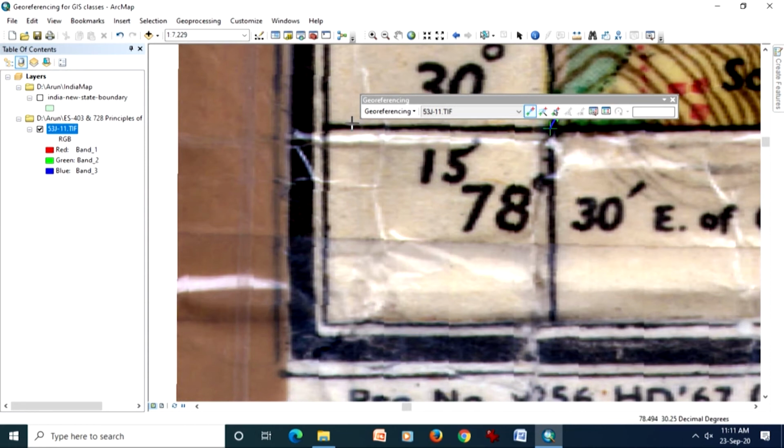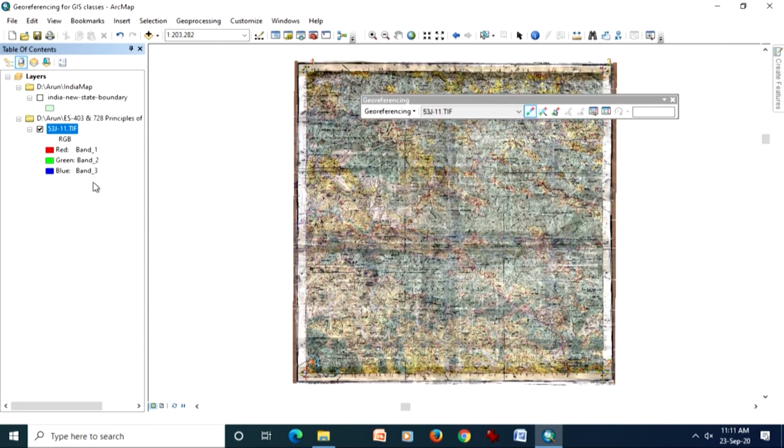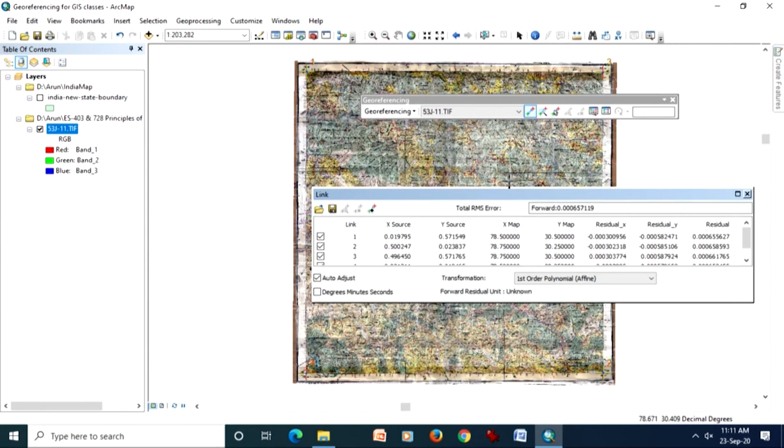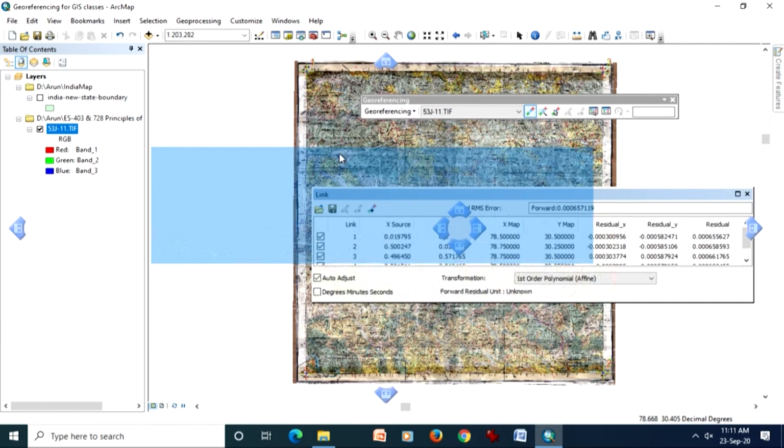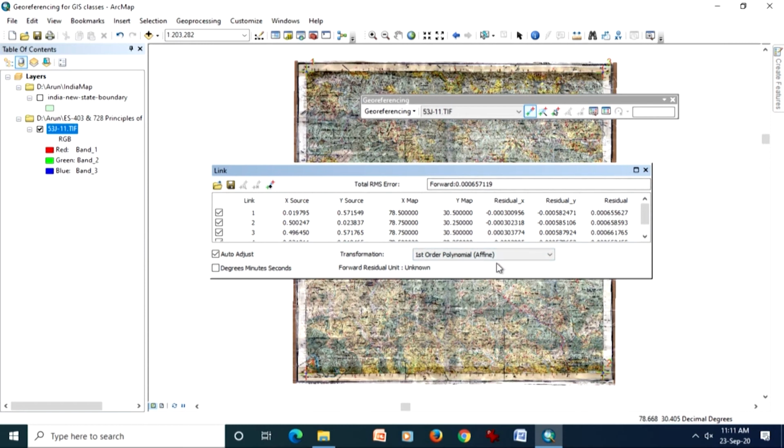And now see, this has not disappeared because now it is getting tied. This rubber sheet is getting tied. Now if I see this table, everything should be available to us. See here it is giving only the option of first order transformation, first order polynomial, and second order is not available.